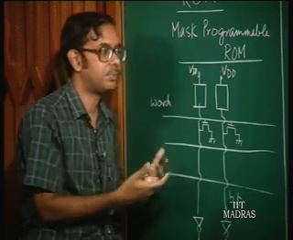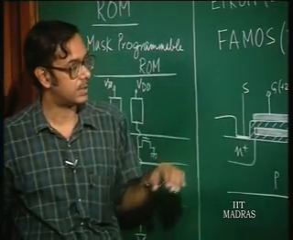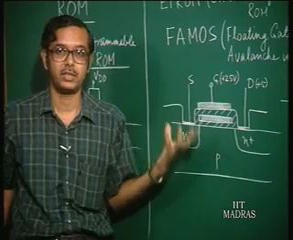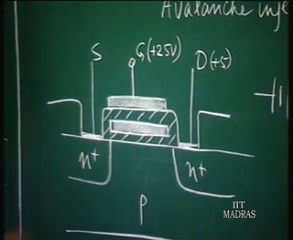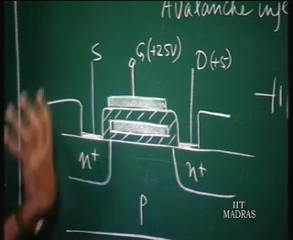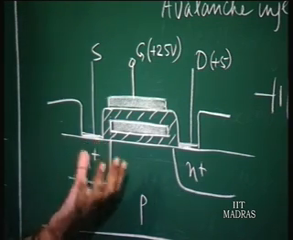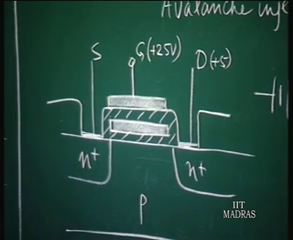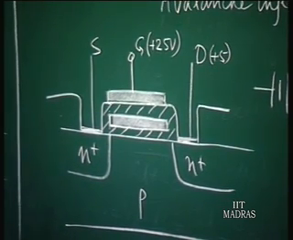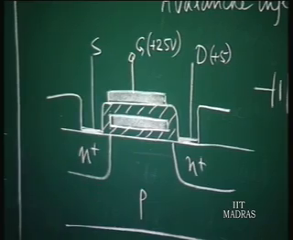So, by this process in a FAMOS transistor, by implanting electrons into the floating gate, we can alter the threshold voltage of the device. Basically, we can increase the threshold voltage of the device, so that this transistor does not turn on at normal gate voltages. And so, we can program